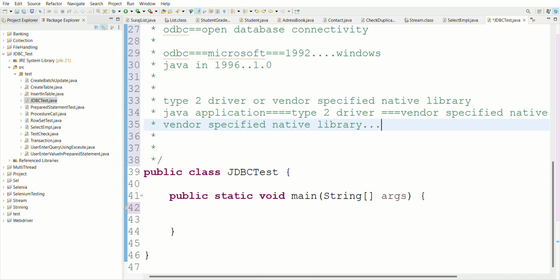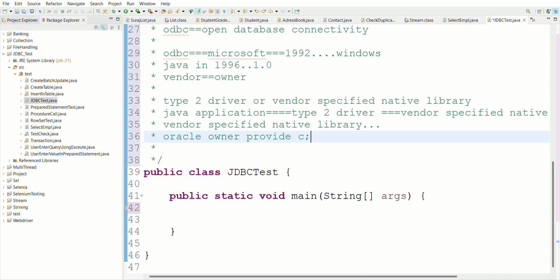Vendor specified native libraries: vendor means owner. Let me write here, because mostly we are using the word vendor, that's why I'm also using this. Vendor means owner. Got it? So owner specified native libraries means Oracle, the owner, provides classes and interfaces to make a connection